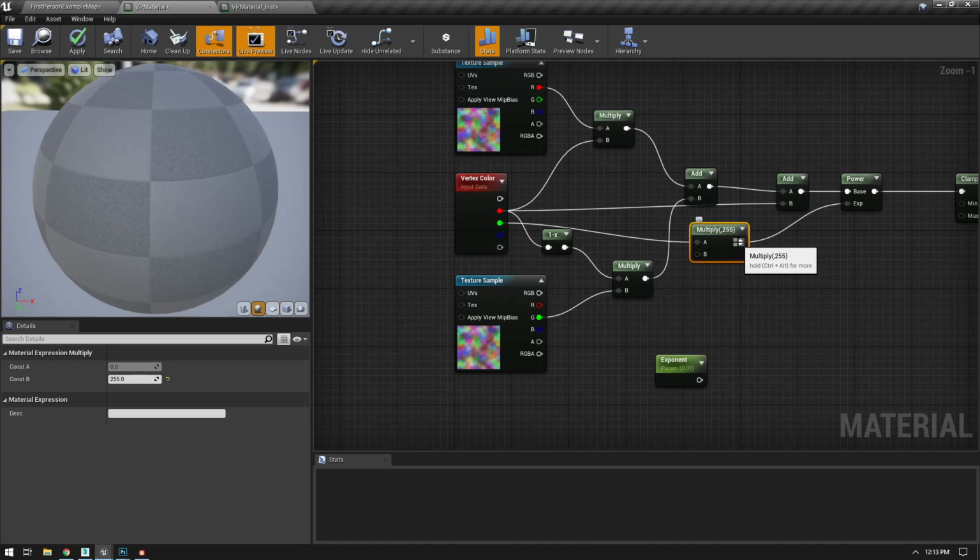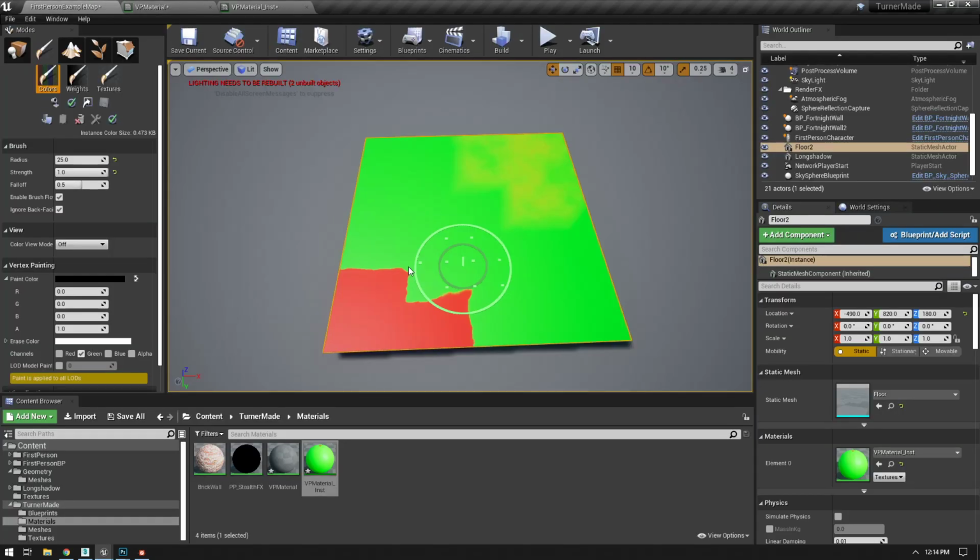and we go back here, we're going to paint the green channel here in a second. What I'm going to do is I first want to make sure the red channel has some variation in it here. So this is all white. I'll paint in black, and I'll just go and give it some chunkiness here on the sides. Whoops. And maybe something like that. Then I'll switch to the green channel. And you can see that I can paint in the green channel back down to that softness. Now this is going mental here, and it's because I'm painting at a value of 1. But if I bring this down to a softer value and go zoom in here,